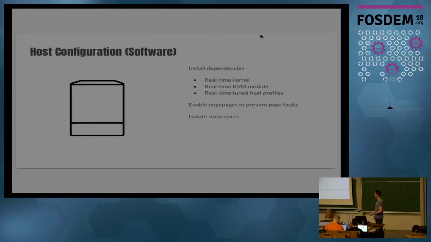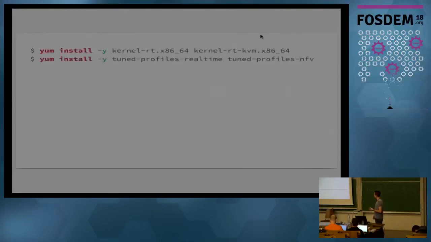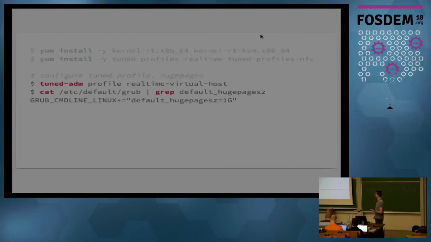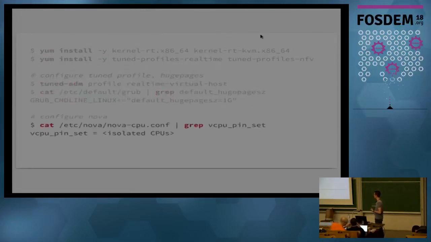And then from the software perspective, the real-time kernel that I mentioned before, the real-time KVM module, and there's a utility called tuned, which will configure your grub kernel boot parameters for you. Tuned comes with profiles for real-time that you can install through repositories, and that will just pass through those kernel boot parameters. So installing the kernels, installing the tuned profiles, configuring those tuned profiles, enabling huge pages, and then this last option,